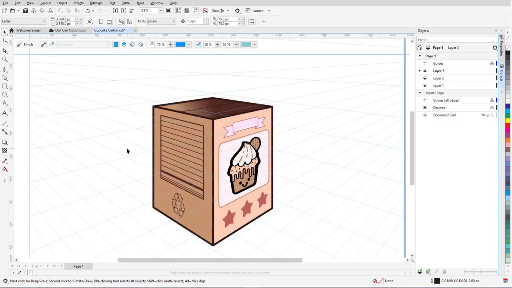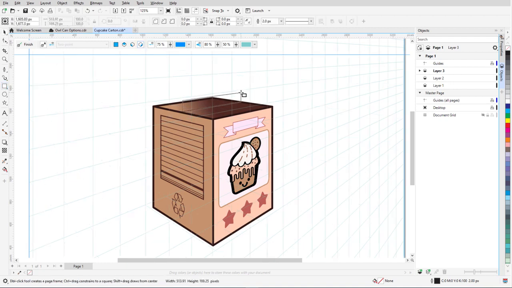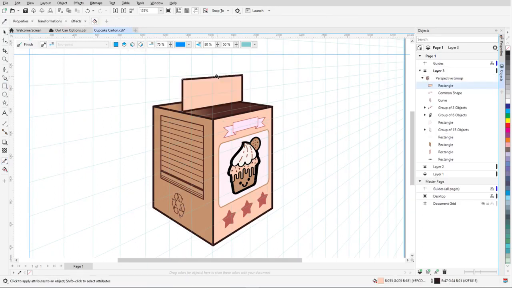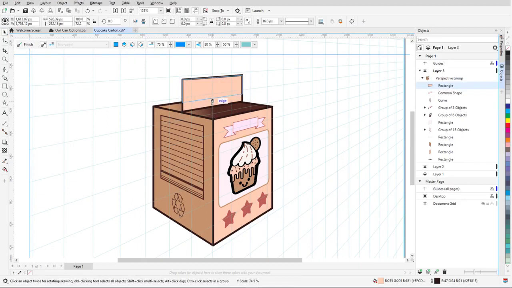Finally, sometimes you may have to combine perspective drawing with regular 2D drawing to get the look you want. In this example, I have two sides of a carton in perspective, and I want to add the triangular top. I can start the top part by drawing a rectangle across the middle of the box while in the right plane. I'll resize to push this rectangle up a bit, so that what remains will be the very top of the